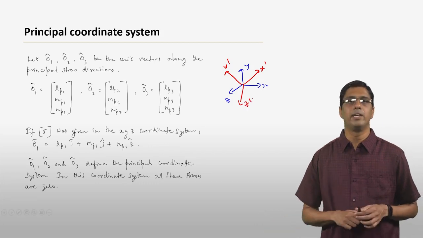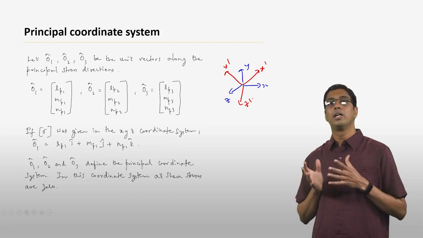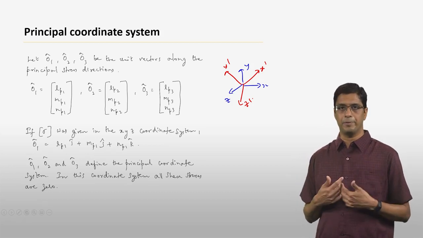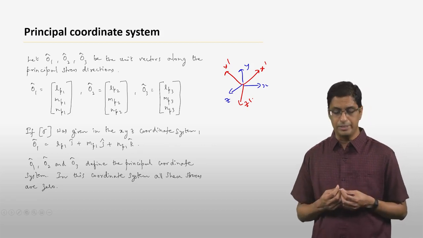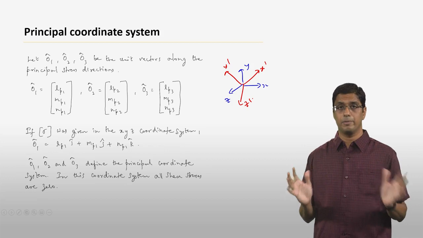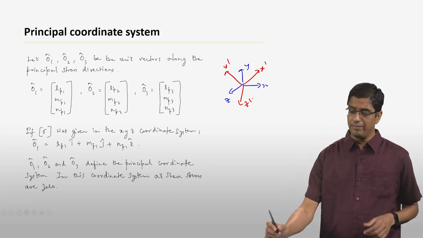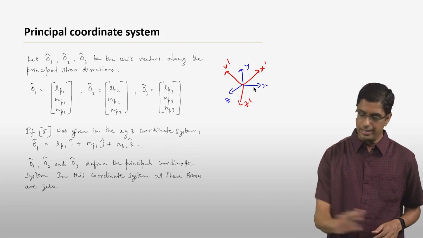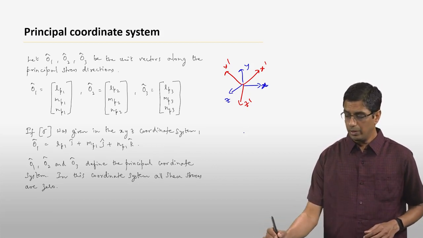And we learned how to transform stresses from the xyz coordinate system to the x prime, y prime, z prime coordinate system. Okay? Now, there is something called a principal coordinate system. What is this principal coordinate system? So if you think about the notion of principal stresses and principal directions, if you are given the stresses in the xyz coordinate system,